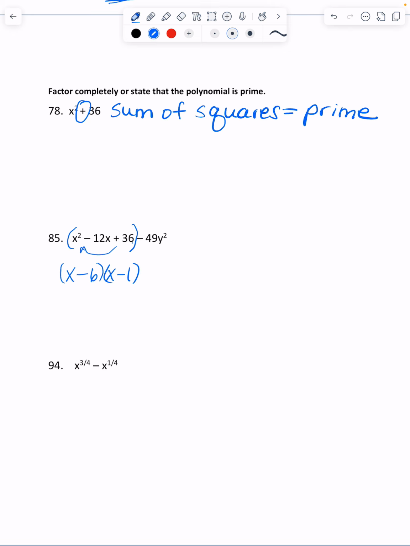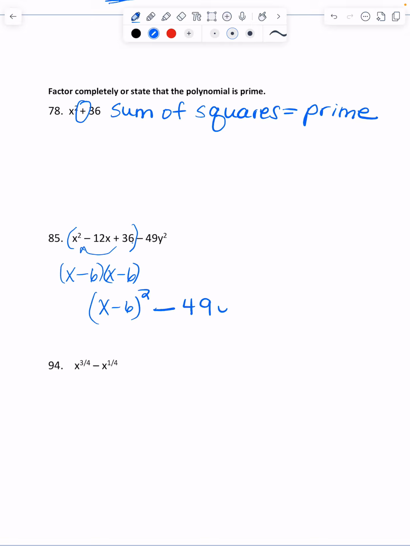That's 6 times 6. Another way that I could write that is x minus 6 squared. So I factored x squared minus 12x plus 36 into the trinomial that is x minus 6 squared